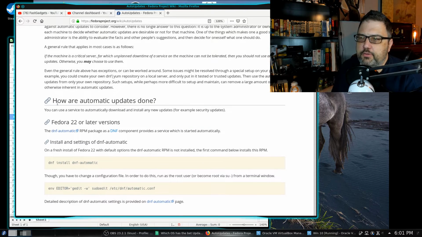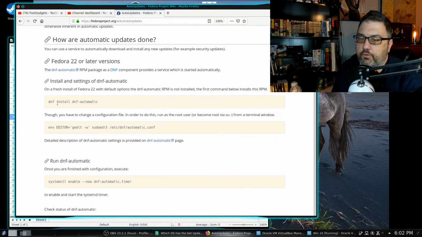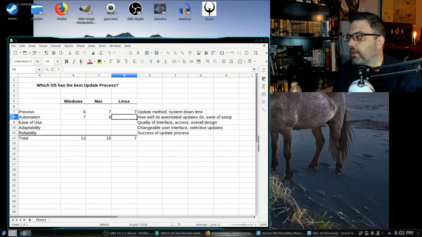as far as ease of use, this is pathetic. For me, it's not a problem. If I really wanted automatic updates, I would do it. The one thing I'm not sure about, having not done it before, is this thing going to reboot when they're done, or is it just going to do the updates, notify me, and I'm still able to use my system? That's one unknown quantity, but